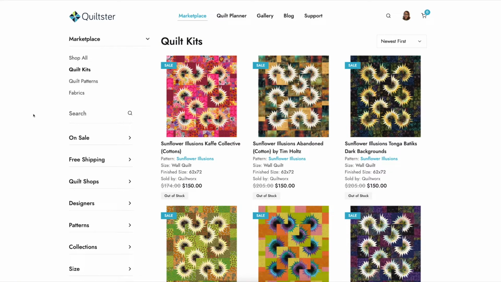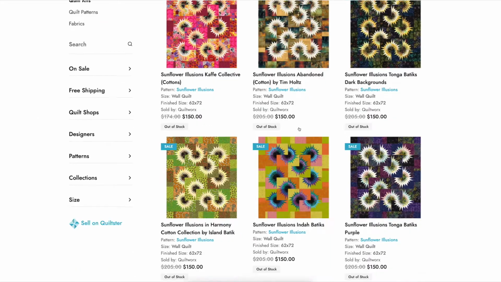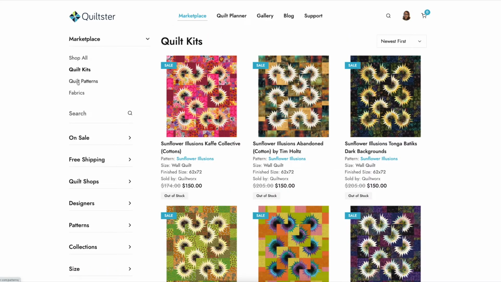Everything that you see for sale in the Marketplace is sold by and fulfilled by our quilt shop partners across the country. So every single kit, every single pattern, and every single fabric is fulfilled by these partners. And these partners are listed on every single listing, so you can see who you are purchasing from, who is fulfilling your order. And if you have a coupon code, it is going to be specific to one of those